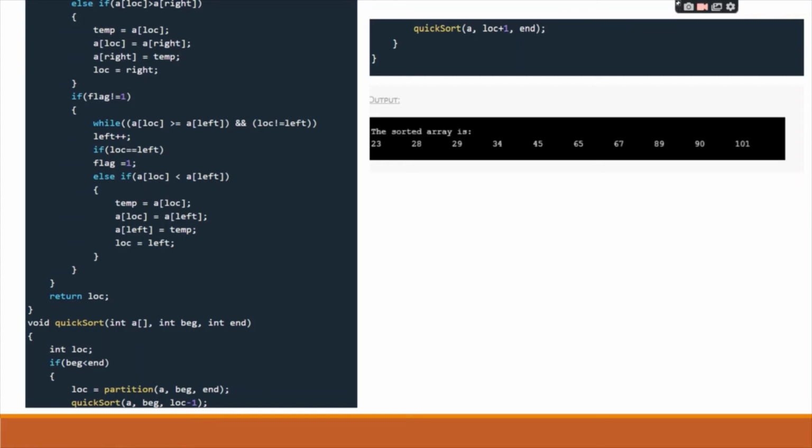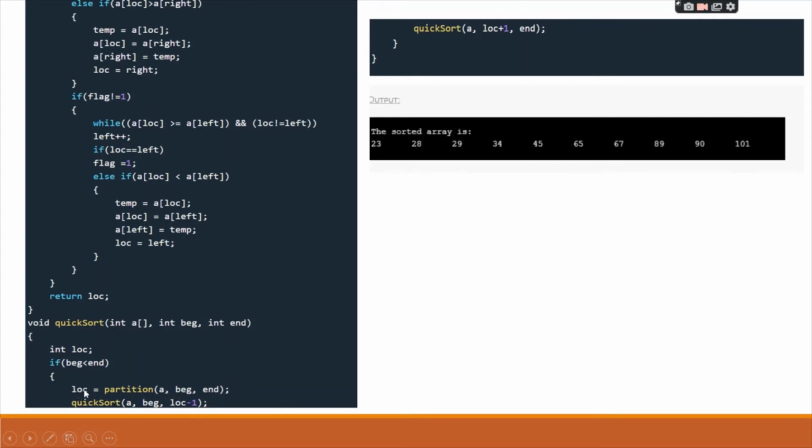So this is a function which will be calling the quick sort. The quick sort function has been declared here. We have taken the arguments as array a, int beginning and int end, and the location. If beginning is less than or equal to end, then we'll be calling this; now you can recall what kind of function this is. So this is the recursive function that has been called over here. Location equal to partition of a, beginning, end, and this is the recursive function quick sort of a, beginning, location minus 1.